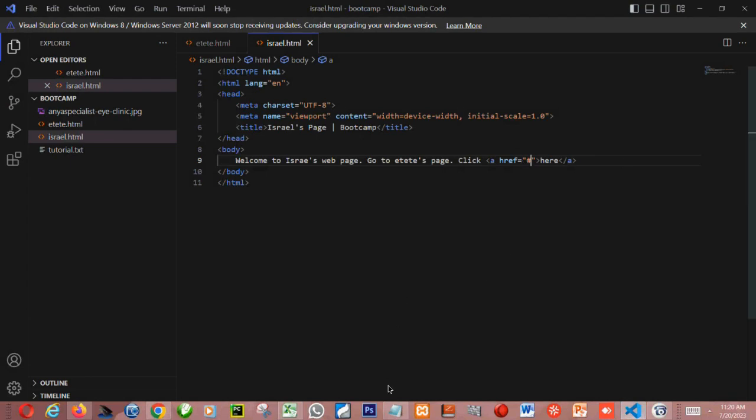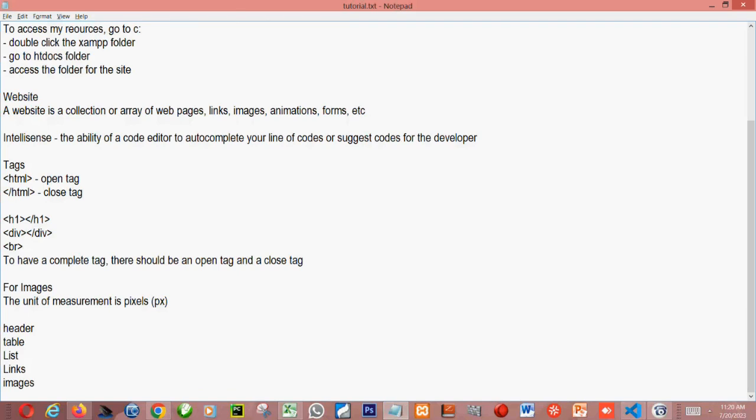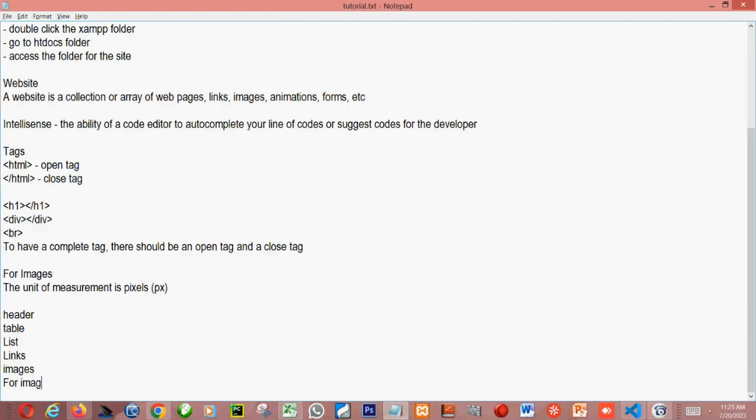Alright. So I'm going to go over to images in HTML, okay? For you to insert an image in your web page, let me write this. For images, you can write it down if you can. For images, ensure that the image or images to be used in a web page